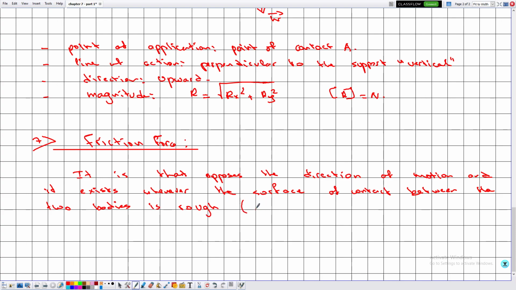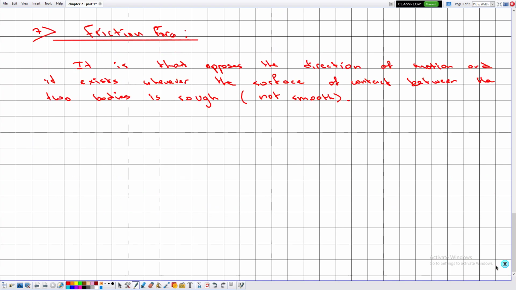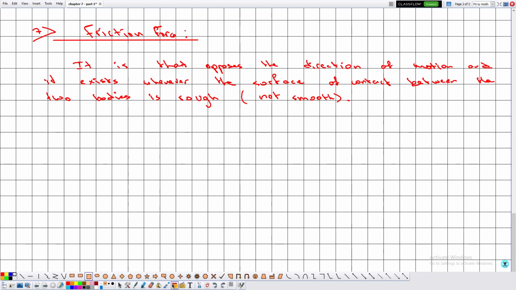And by rough we mean not smooth. So this is the physical definition of the friction force. Now, in order to explain what is meant by friction force, let's consider the following scene. Suppose that we have an inclined plane like this,